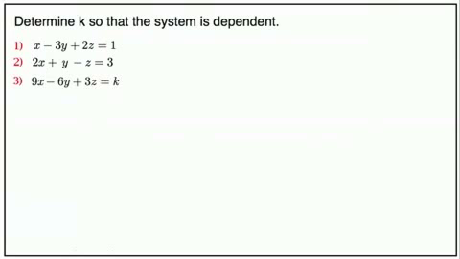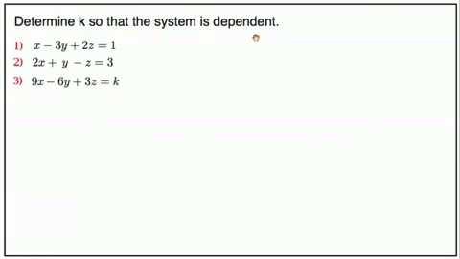Hello everyone. I wanted to solve a problem from the Chapter 3 homework set. They give us here a system of three equations and three unknowns, a 3 by 3 system, and they ask us to determine k, which is right here, so that the system is dependent. Now obviously to run this one to a happy conclusion, you really have to know the definition of dependency, and